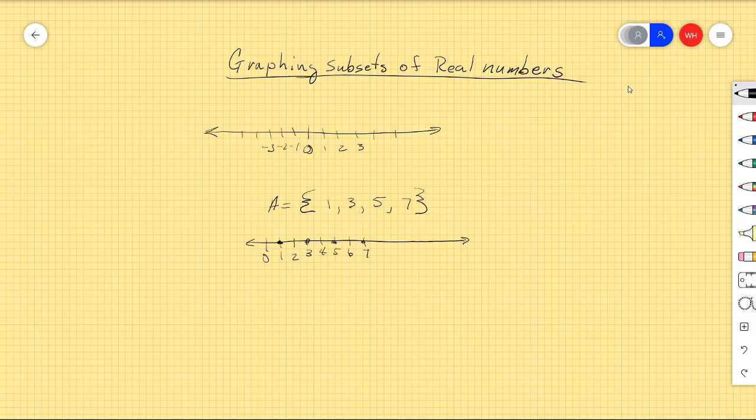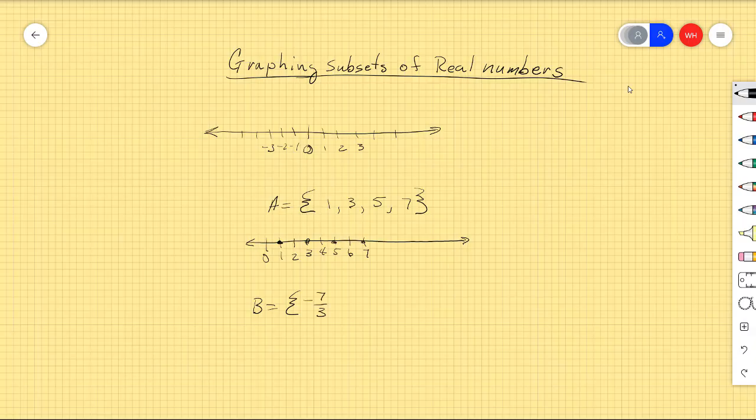Now suppose that your subset has some numbers that are not perfect whole numbers or integers, and they fall between. Now, because you're drawing the number line, you can draw it any way you want. So let's take a look at this subset. We'll call it set B, and I'm going to use some